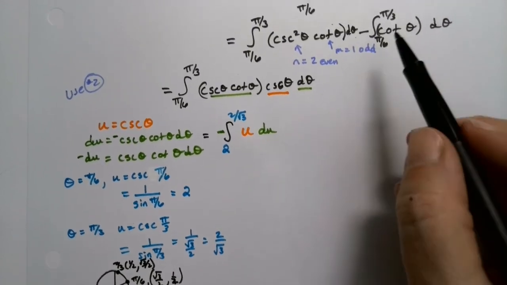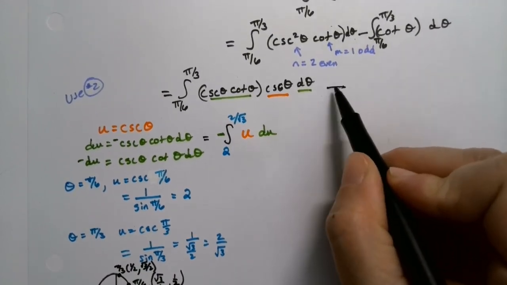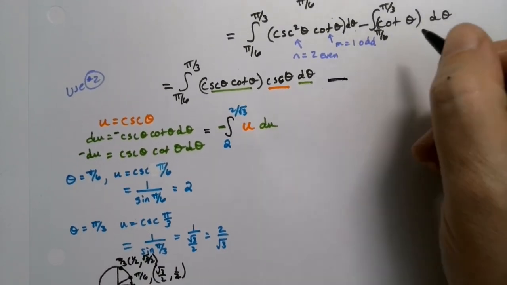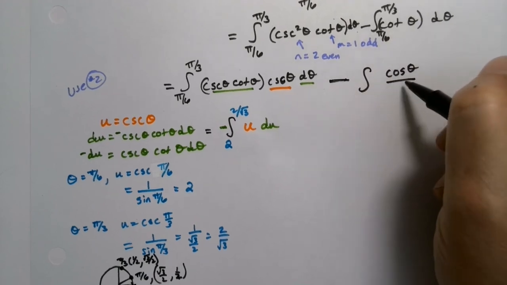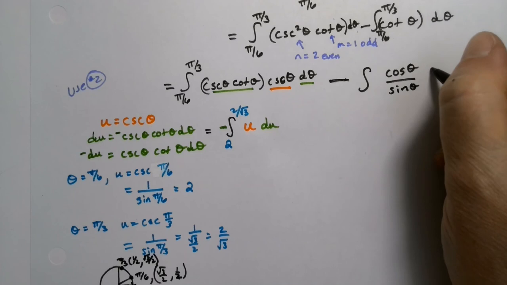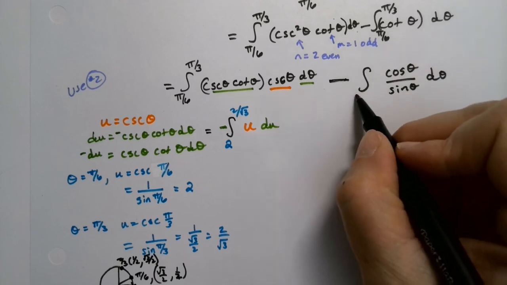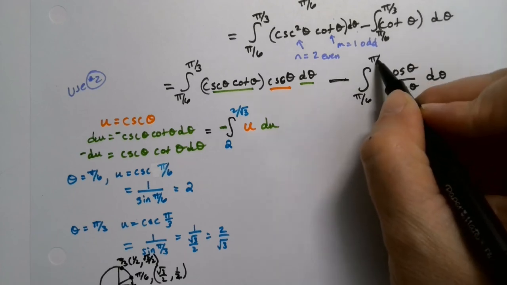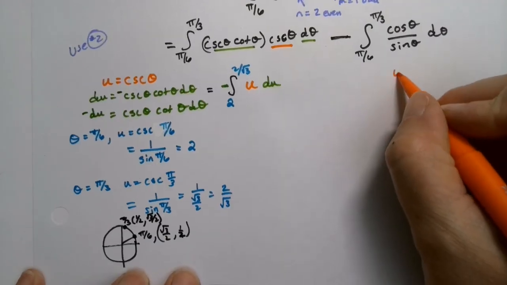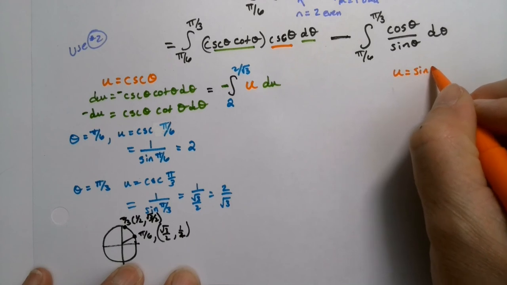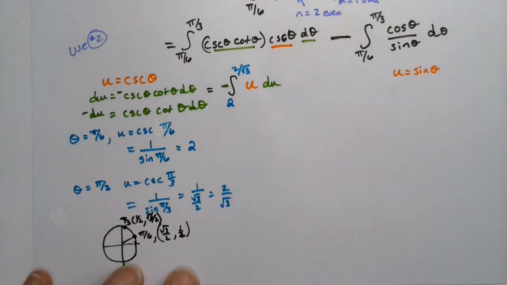Meanwhile, the other side, which I've delayed dealing with: the cotangent is the integral of cosine of theta over sine of theta, d theta. And I'm taking that from pi over 6 to pi over 3. Well, that's going to be a different u sub. We've actually already done this u sub. This is u equals the sine of theta. So du